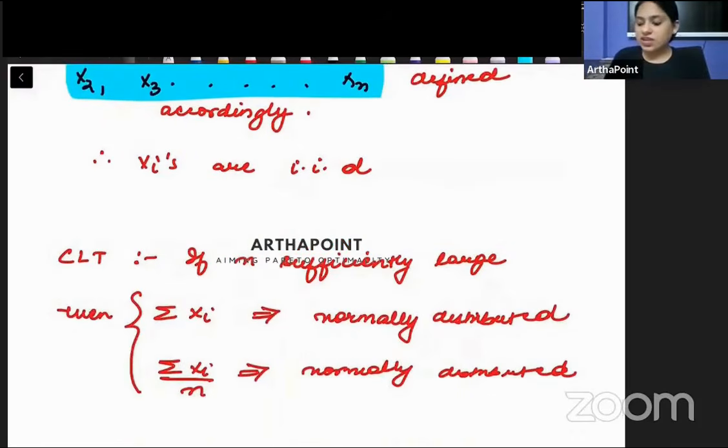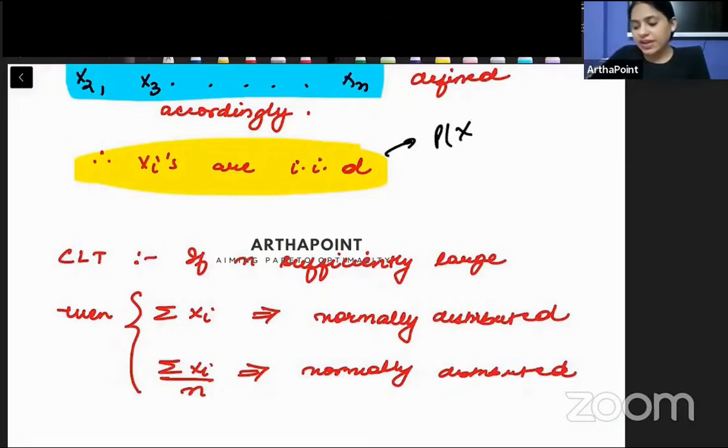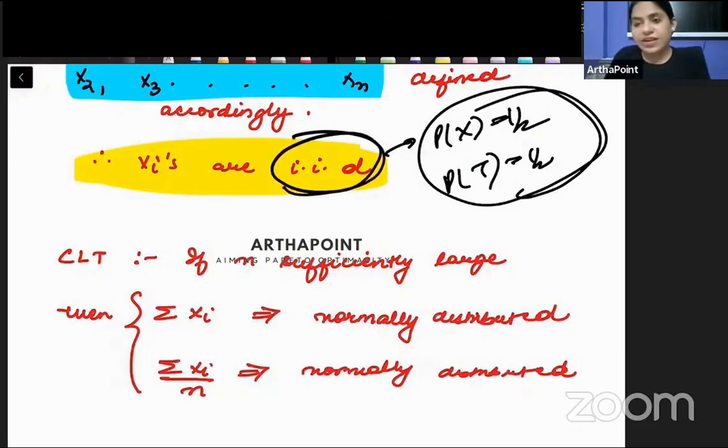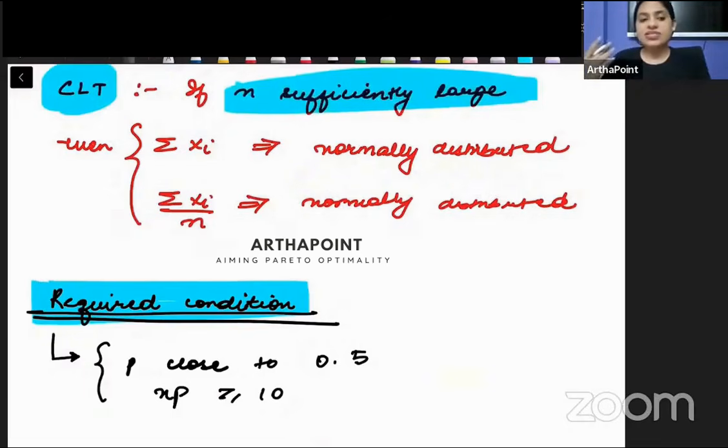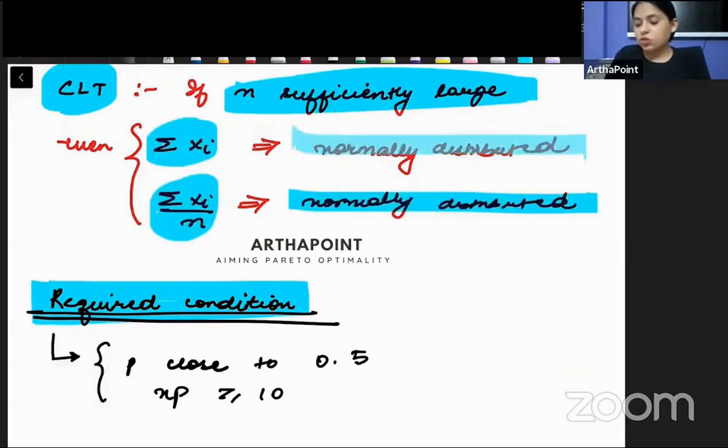Now what we say is that Xi's are identically and independently distributed. तो क्यों identical है? क्योंकि हर एक में probability head आने का भी half है और tail आने का भी half है. So they have similar distribution. And why they are independent? क्योंकि पहले coin में head आया, it has got nothing to do with second coin में head आएगा या tail आएगा. So they are identically and independently distributed. Now in this case, बच्चे, the central limit theorem says that if n is large enough, अगर हमारा sample size large enough है, then in that case, summation Xi's and mean of Xi will be normally distributed.